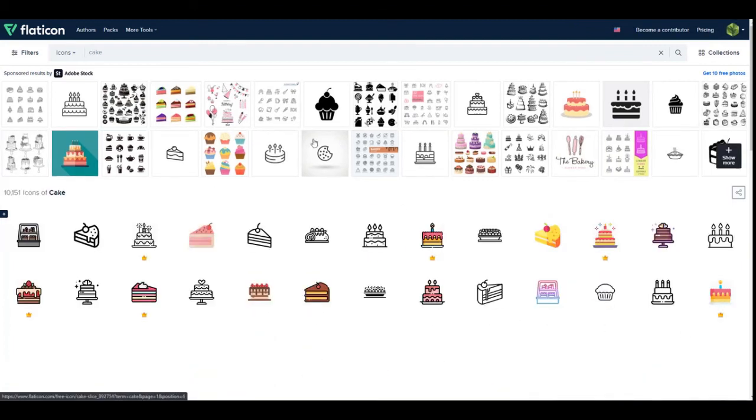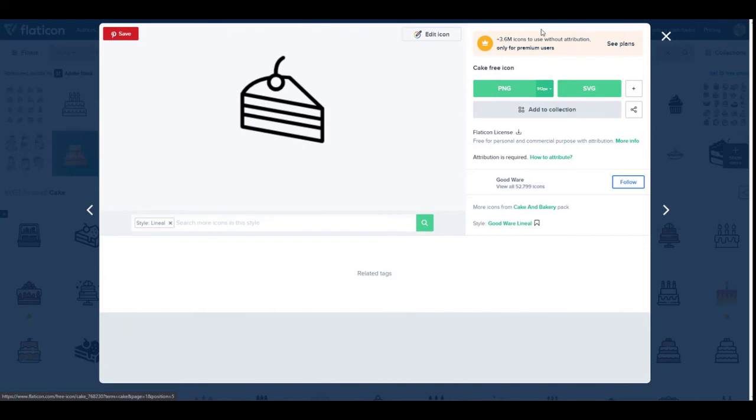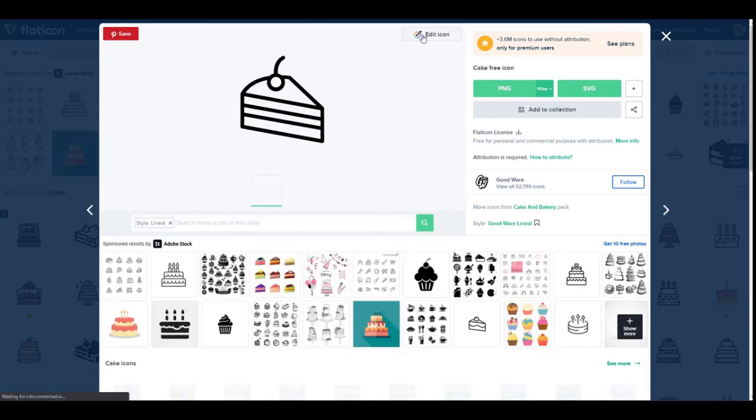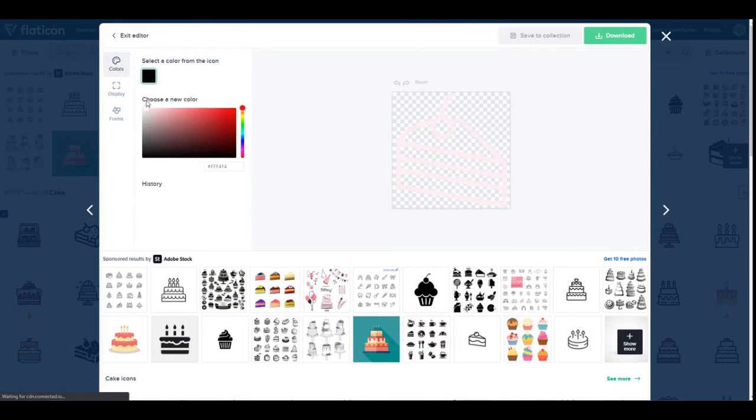Okay, so now that I'm signed into the site, let's go back to that piece of cake again. I'm not sure if it was that one or not. Let's just grab that one anyways. So when I'm signed into the site called Flat Icon, I can go in and click Edit. And then I can choose a color for this piece of cake. So I can pop it into that corner so that it's white, and I can download as PNG, and as